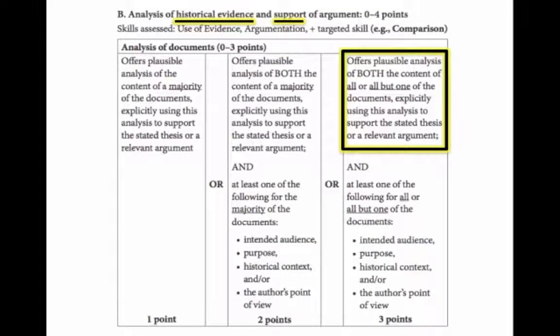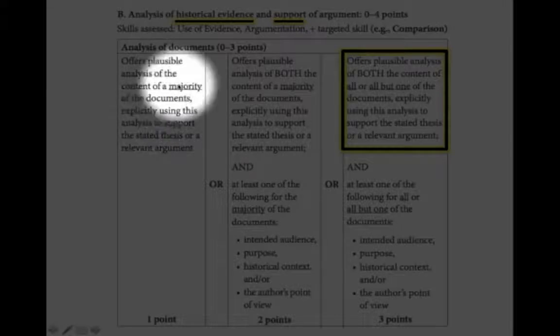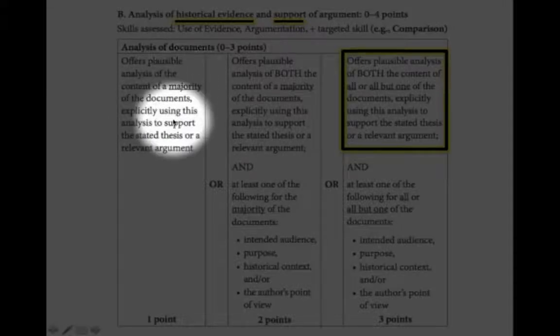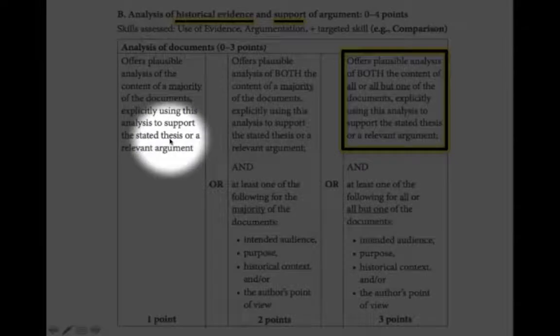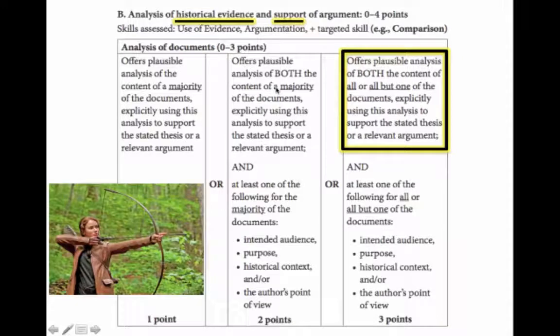That's right there. Part B of the rubric is they're going to be assessing your evidence and your use of that evidence. Now this is a big change, and for some of you this is going to be difficult, but don't be scared. If you use the documents, we'll go over to this column and right over here, you can get a point if you use the majority of the documents to support your thesis throughout the essay. 1 point. That's old school. If you want to go to the 2-point category, in fact, forget the 2-point category because we're hungry. We're like the Hunger Games, right? We're going for